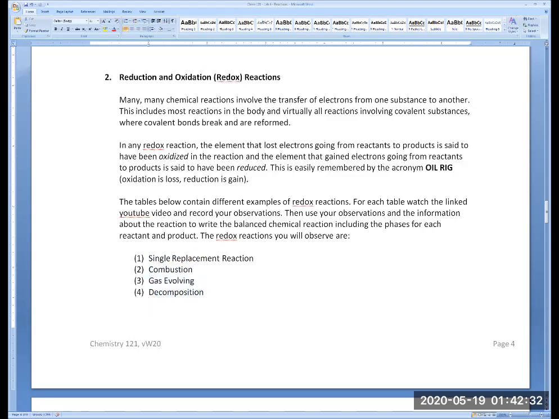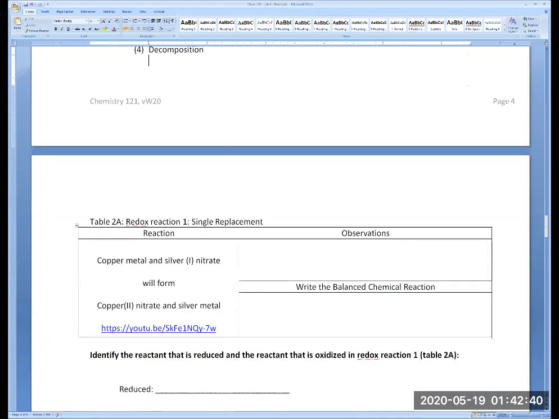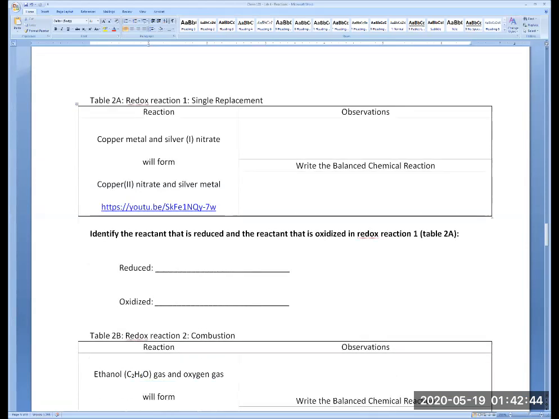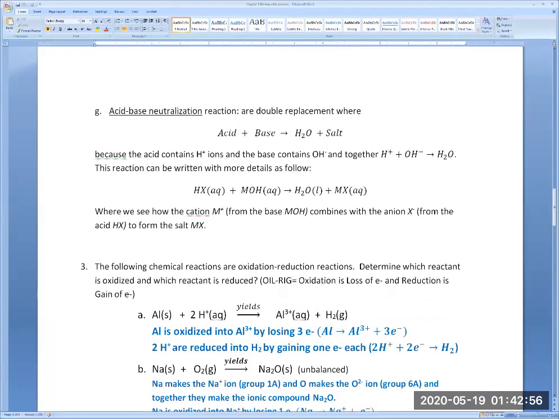Decomposition, remember, is when you start with one reactant and break it apart into two or more pieces. So the first reaction will be the single replacement. So do you remember our single replacement? Let me change the share here to my review here. Single replacements